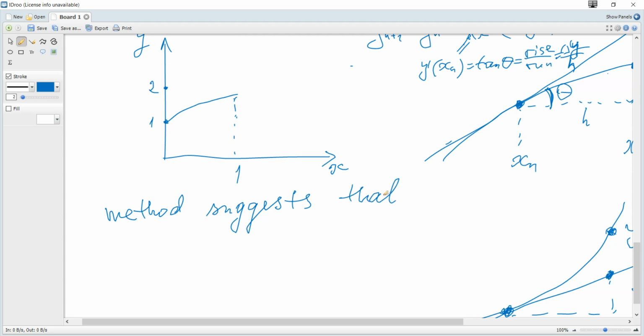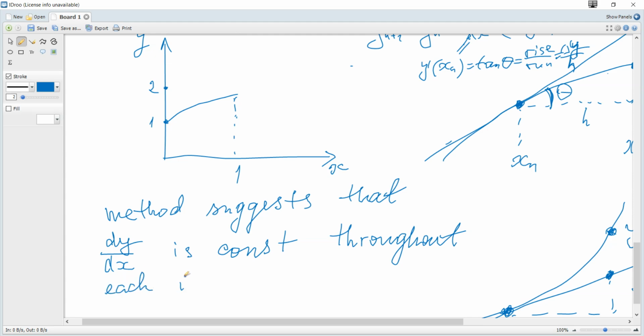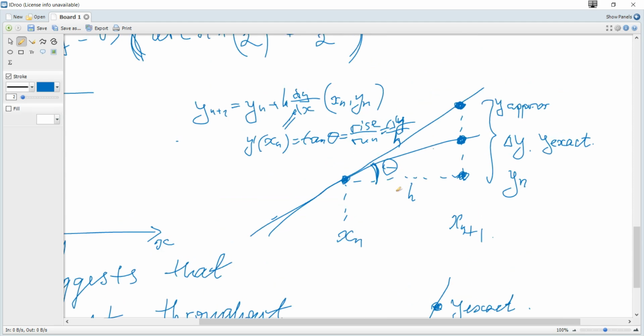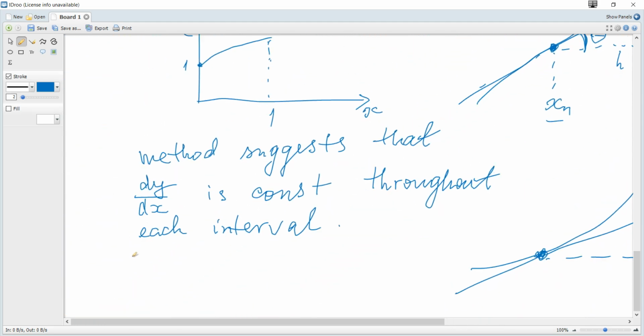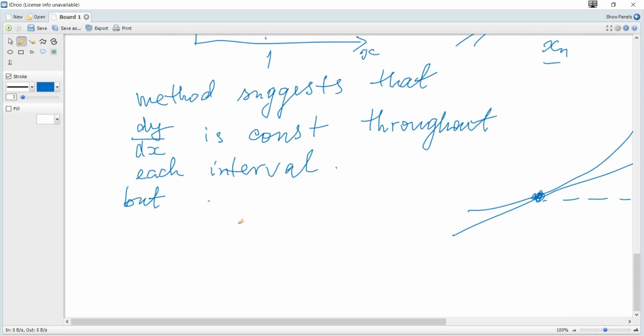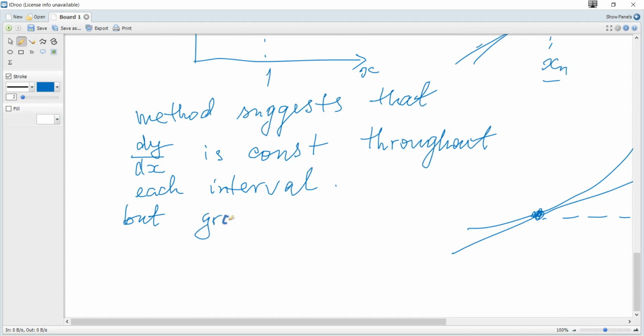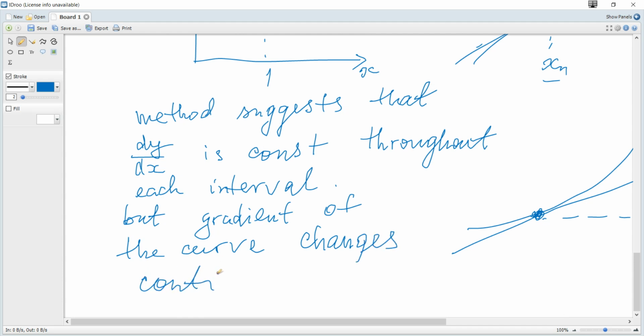that the method suggests that the derivative dy over dx is constant throughout each interval. It means this. You can see that it is suggested that from this point to this point, since the tangent is a straight line, the gradient of the curve is the same and is equal to the gradient of the tangential line. But the gradient of the curve changes continuously,